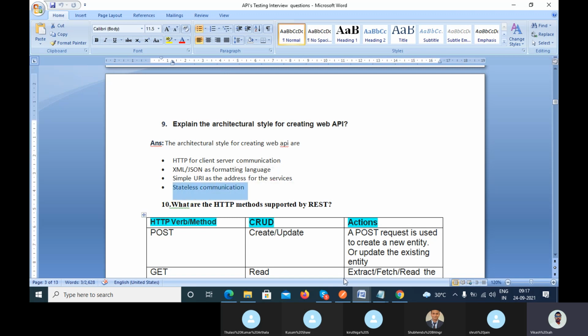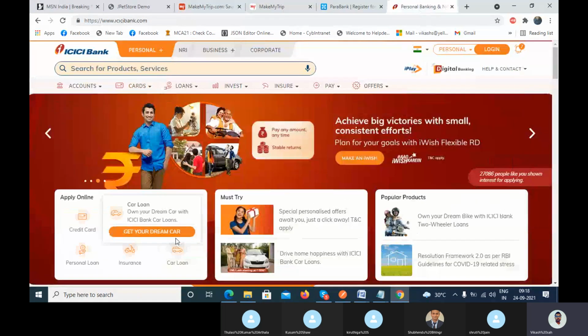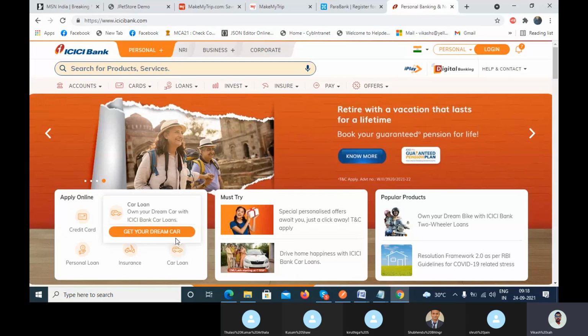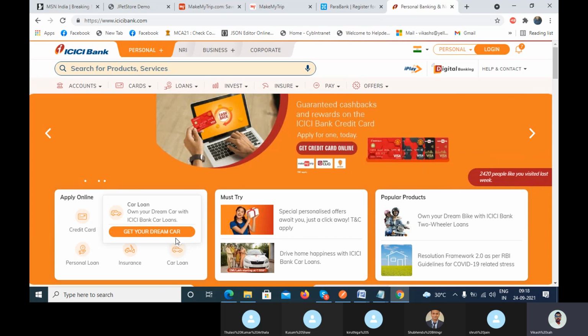Stateless communication means, let's suppose we are using MakeMyTrip or any application, right? We need the UI here. To do the automation testing, we have to open a browser, any browser, i.e. Chrome, right? And then you have to hit the URL, and then do the functional and automation testing.